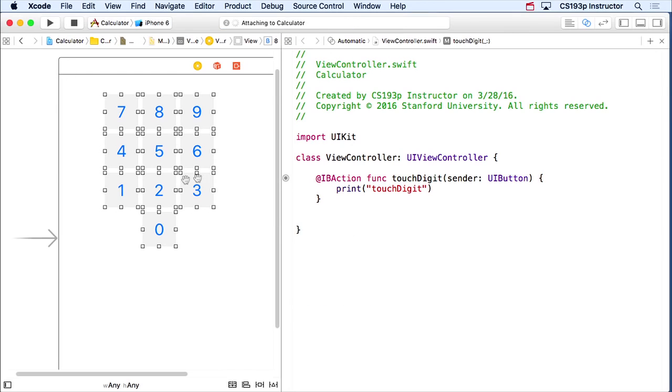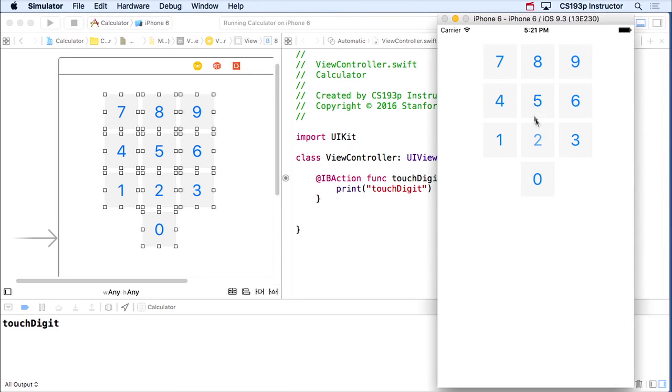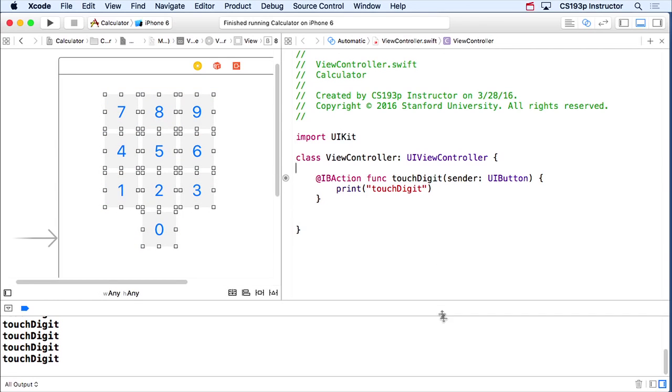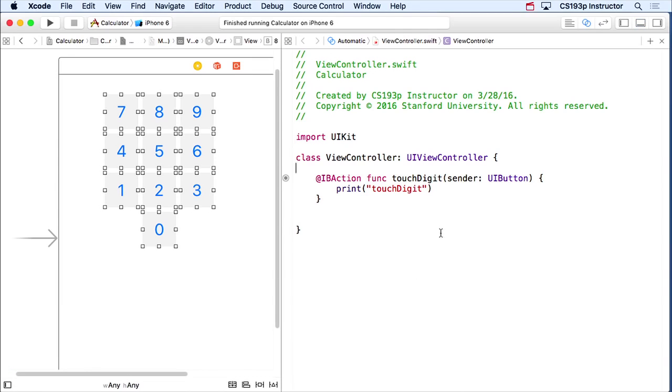And we'll notice that all of these buttons are sending touch digit, you see? Okay, so they're all sending touch digit, which is good. That's kind of nice. We can also tell they're all sending it with this little circle. Watch what happens when I mouse over, you see? It's selecting them all to say they're all sending this. But we really want to know which one is sending it. So we're going to have to look at this sender argument to see which button is sending us this